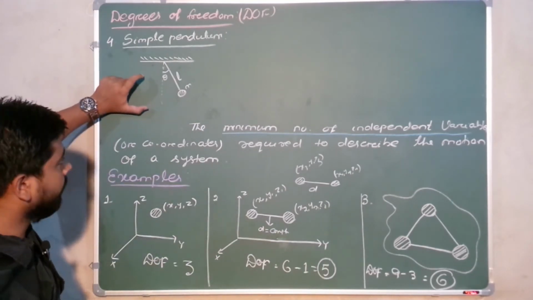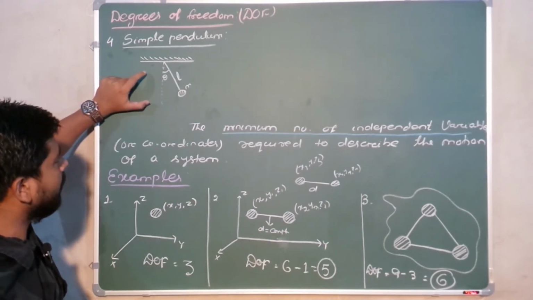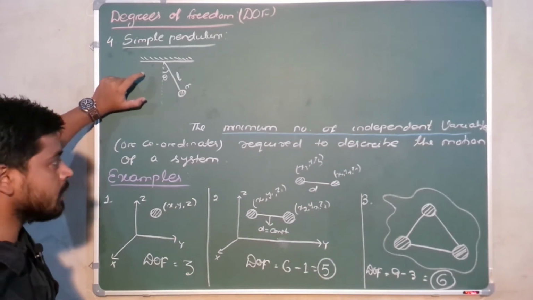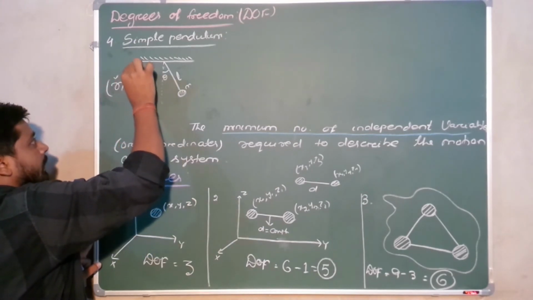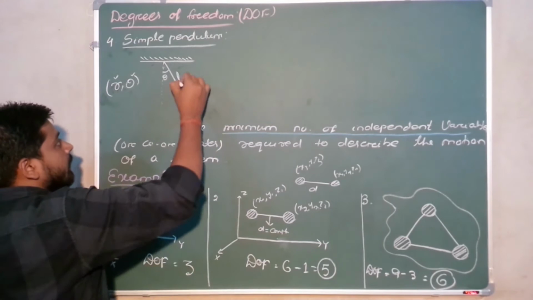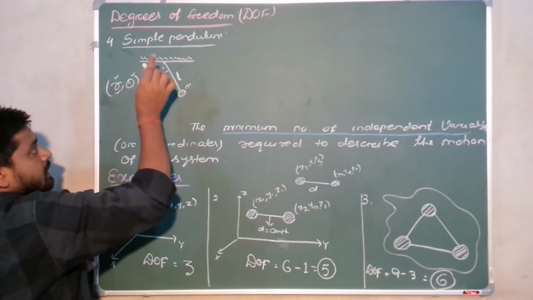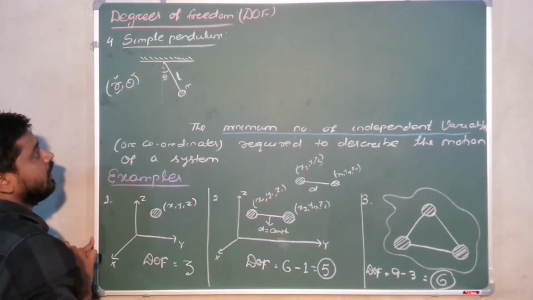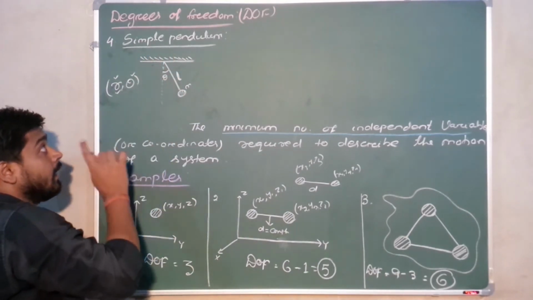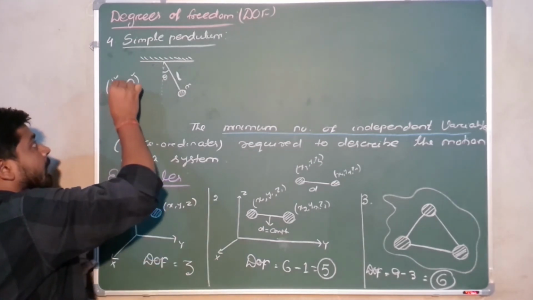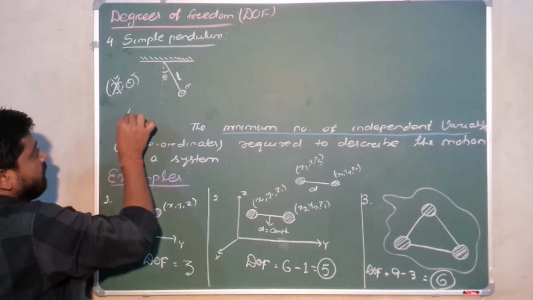Here, instead of using the Cartesian coordinate system, we can use the plane polar coordinate system. Yes or no? In the plane polar coordinate system, we have two variables. What are those? One is r and another one is theta. Radius, angle. Yes or no? Here L does the work of radius and theta as it is. But just see here, the length of the string is always constant in a simple pendulum. Then we don't have to take this r into consideration. Yes or no?